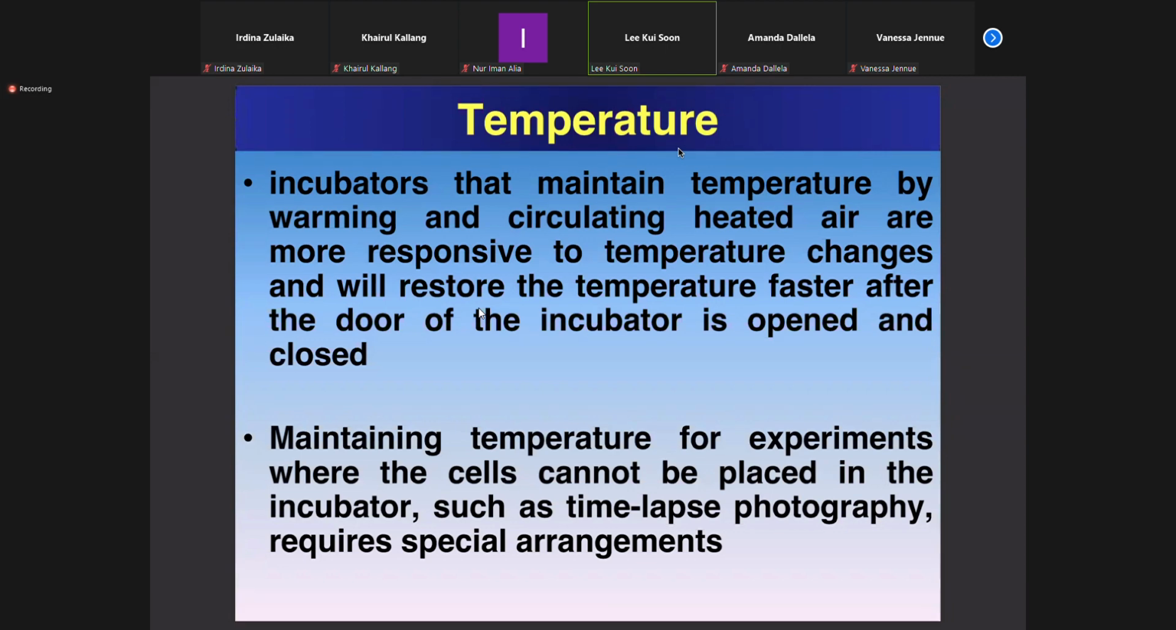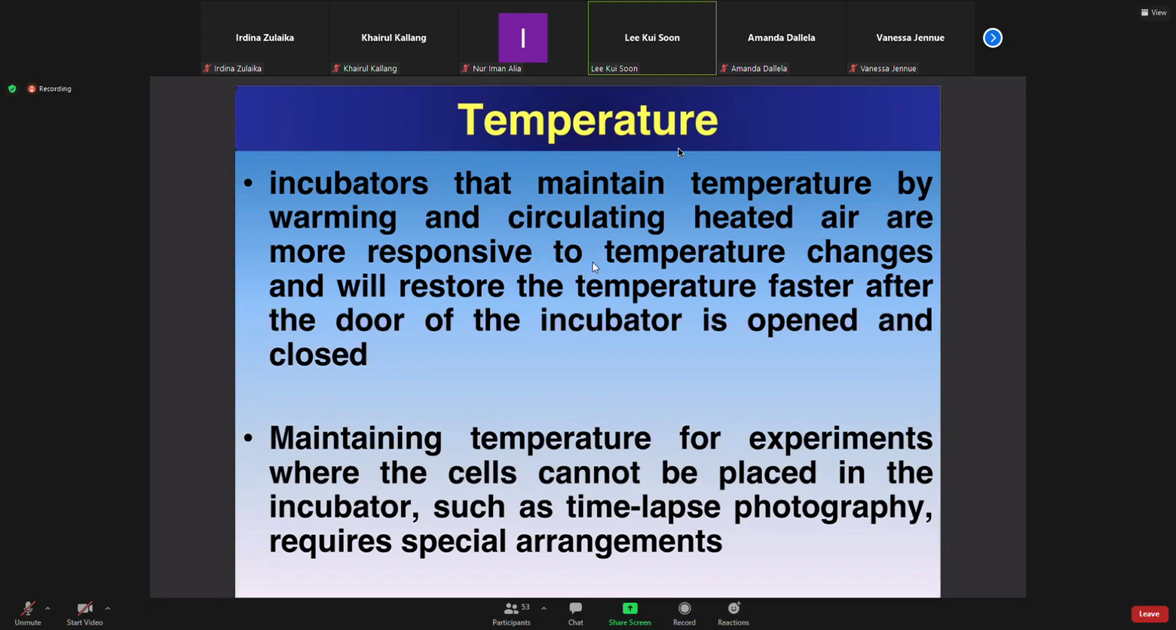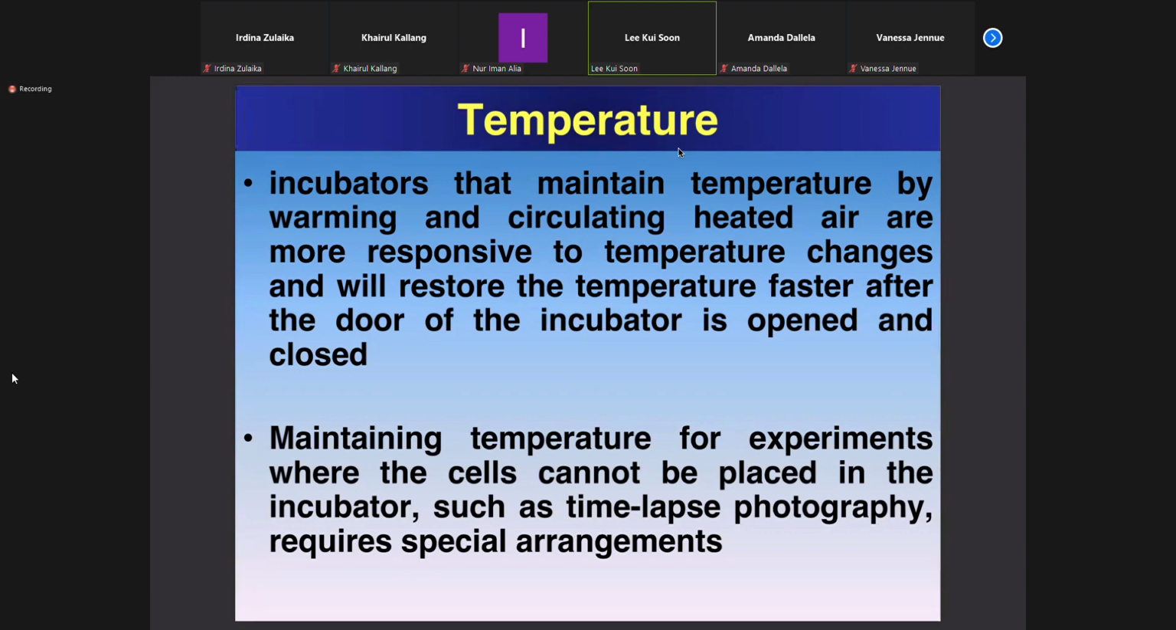may go down quite easily, because most of the incubators will be put in an air-conditioned room. Okay, so the outside temperature is much lower than the inside temperature of the incubator. Okay, and also maintaining the temperature for experiments where the cells cannot be placed in the incubator, such as time-lapse